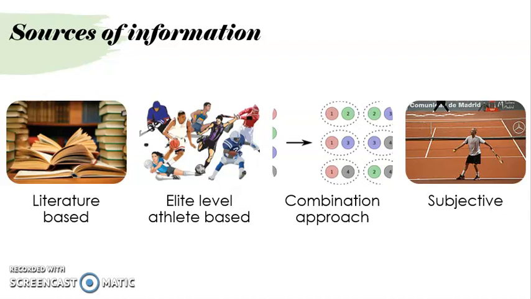Next is elite level athlete based, which is when you take videos or photos of a successful athlete and use those to make coaching points to then use to teach and improve the athlete's performance. The elite level based can also be used as well as literature based. This is known as a combination based. This allows the athlete to use multiple sources of information to combine them with their technical model and get the